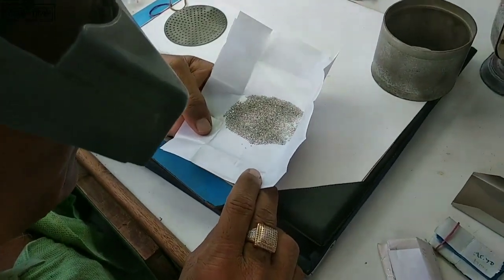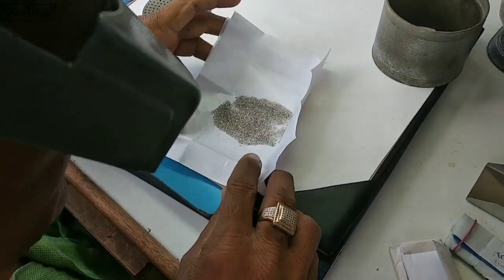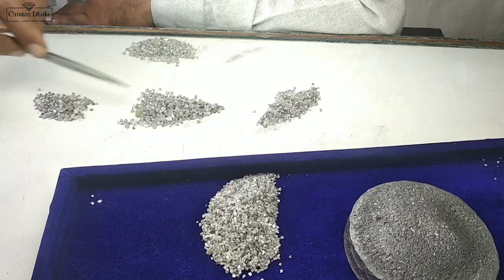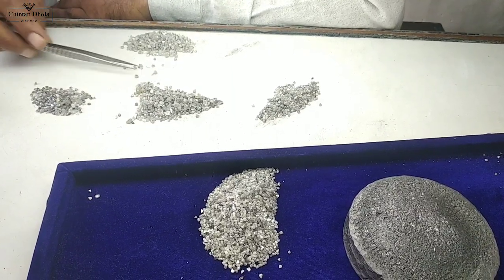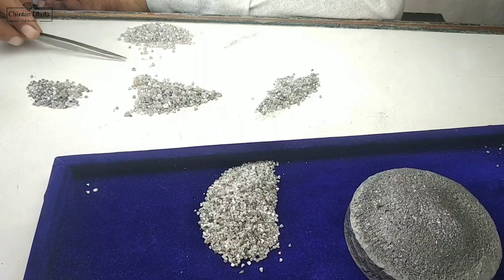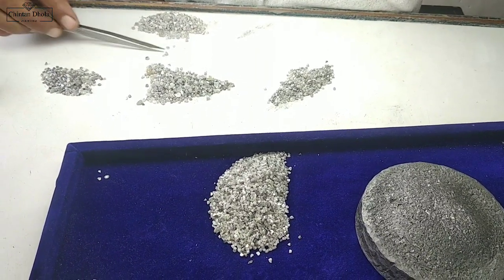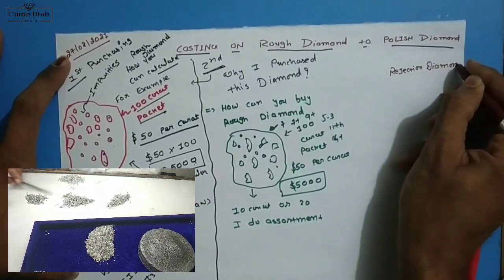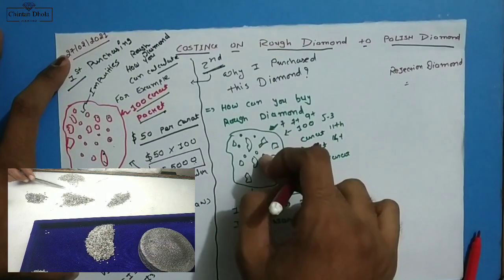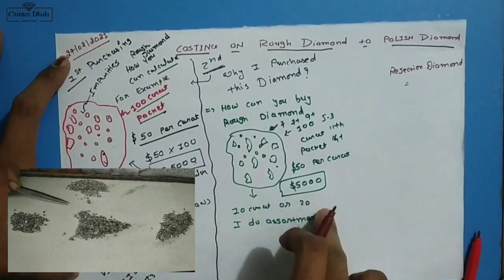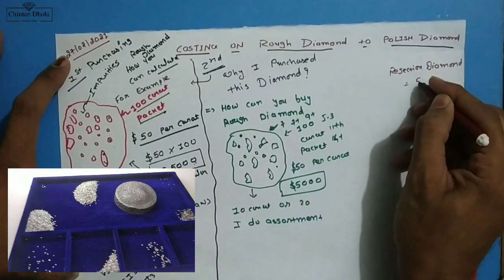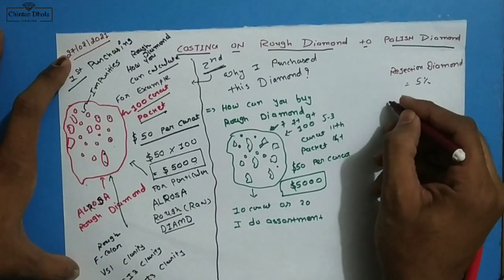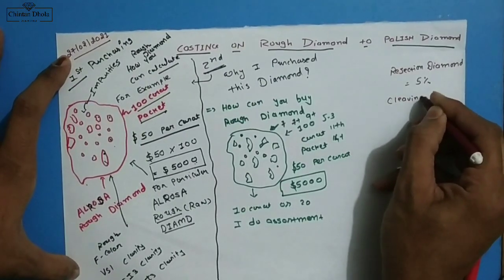What is assortment? Some diamonds are rejection, some diamonds in this packet are totally rejection. So I have to take some rejection diamond. For example, look at this packet, and from 10 or 20 carat I only get 5% rejection diamond. After that some diamonds are cleaving diamond.